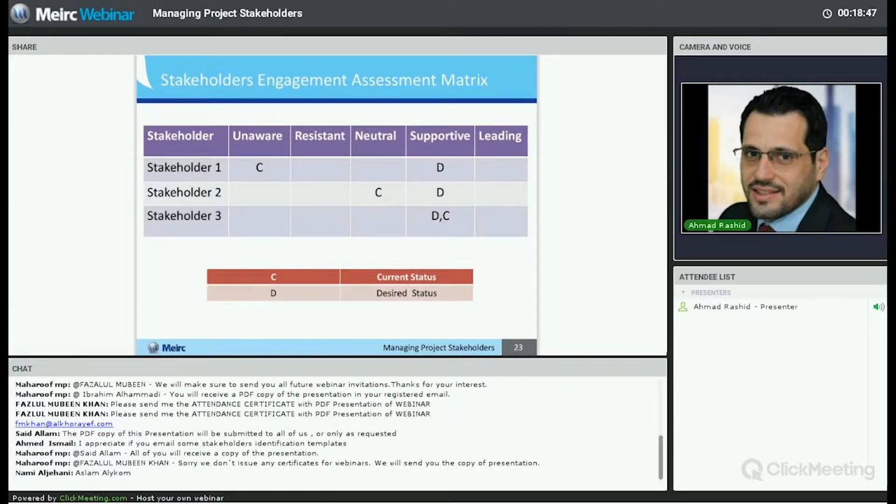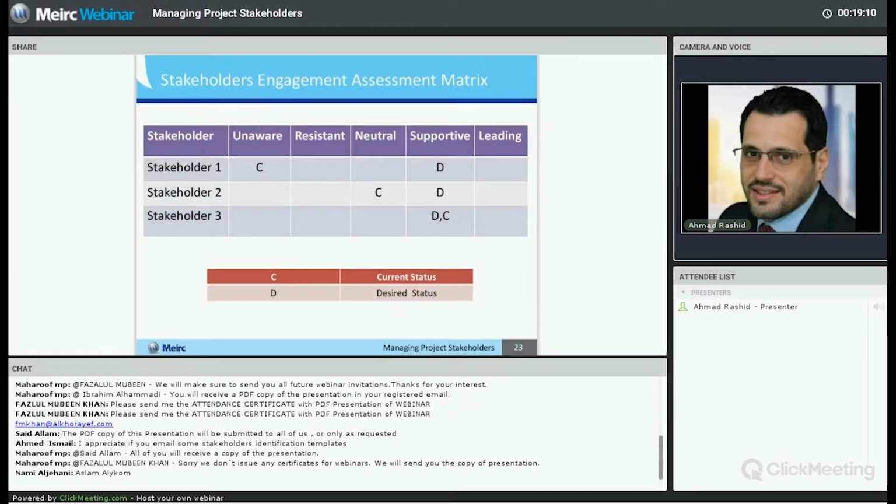Resistant means they are aware of the project and potential impacts, but they resist your project because they don't want to change anything. Neutral refers to being aware of a project but yet neither supportive nor resistant. Supportive means that they are aware of the project and the potential impacts and they support you because they need to have some changes, they need the project to succeed because your project success means that it will impact them